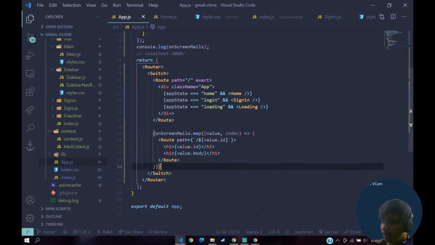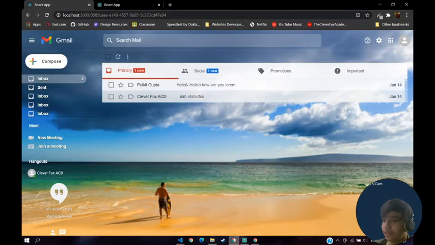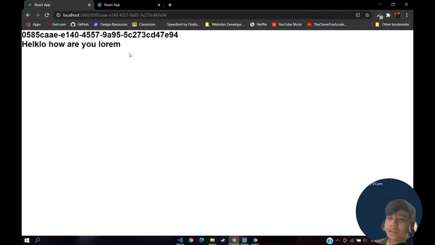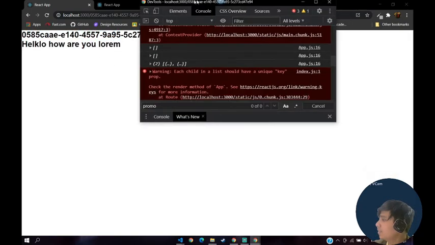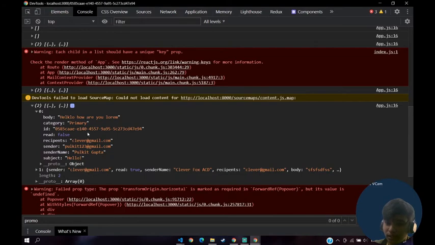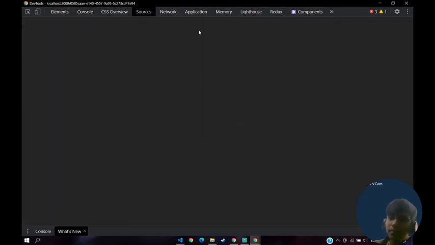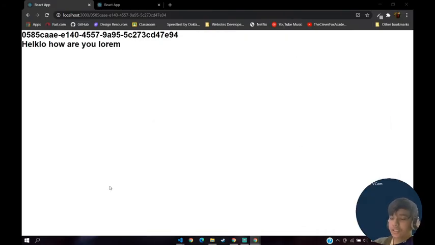So just save that, and now we should see our ID and body written there instead of this thing. As you can see, the text is also according to the ID: hello, how are you, and lorem. So we know this is working, and the ID also matches from up there. We didn't hard code anything, right?